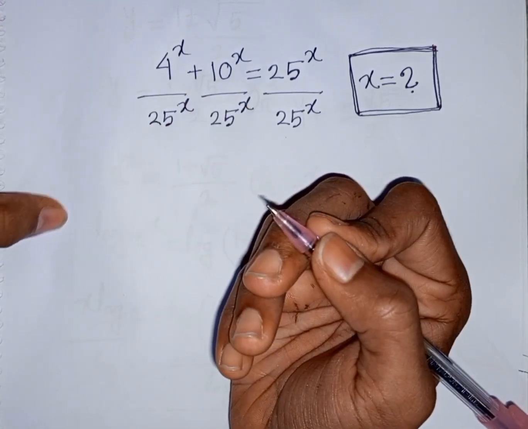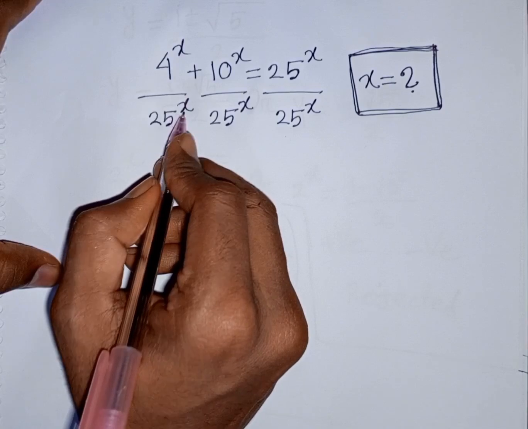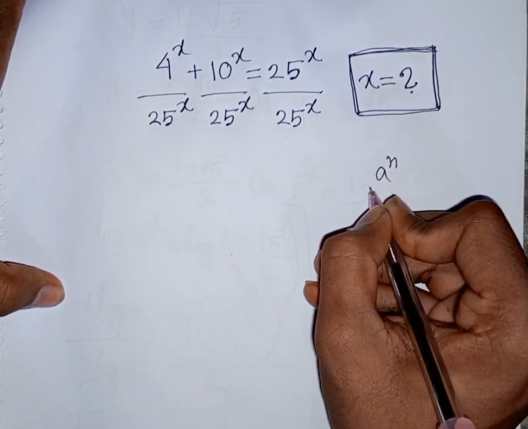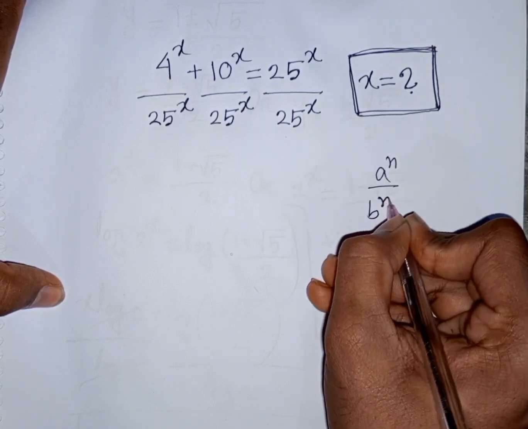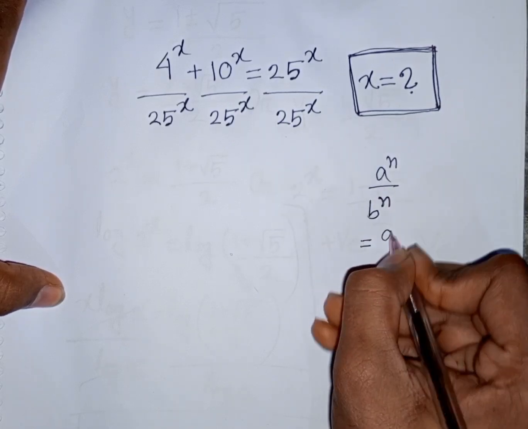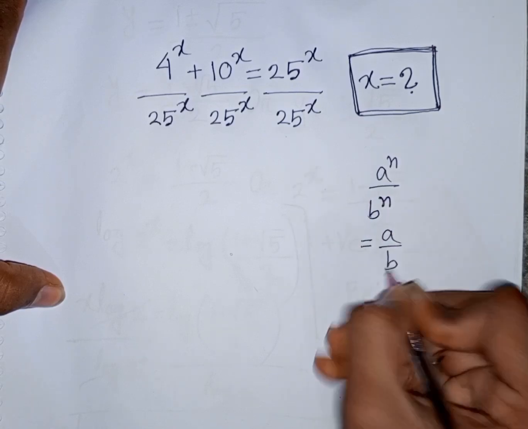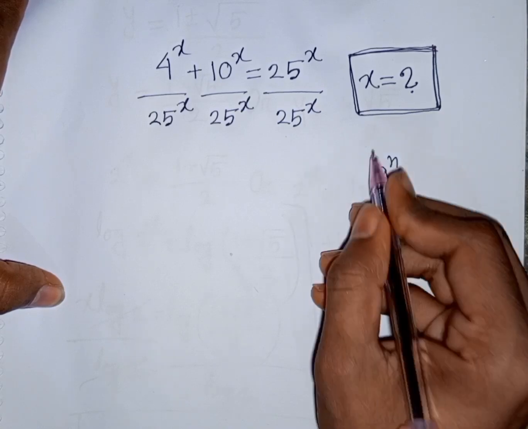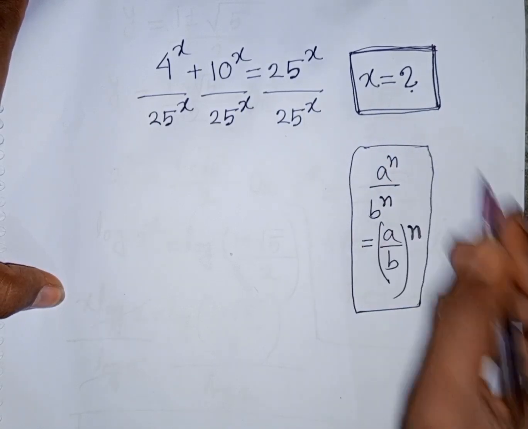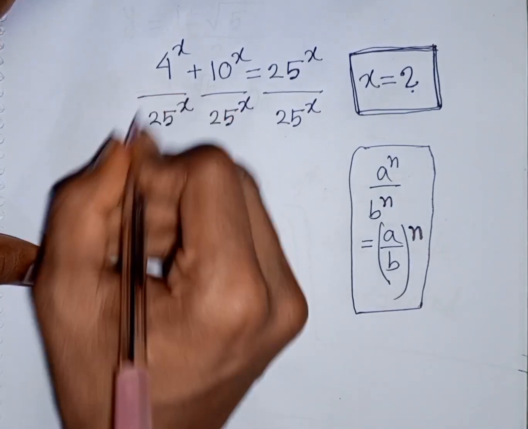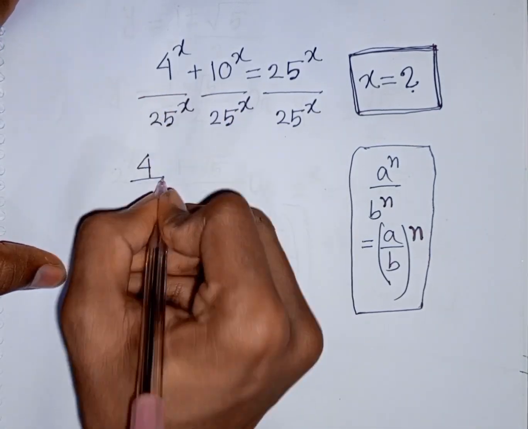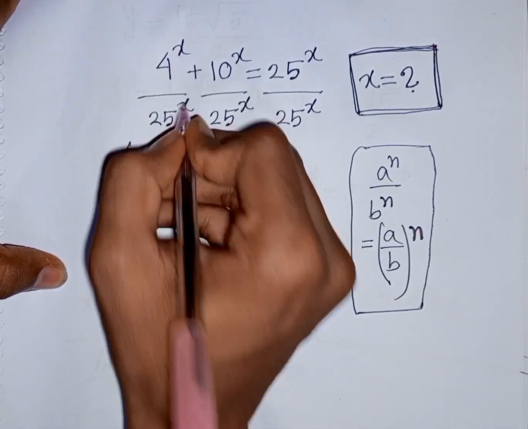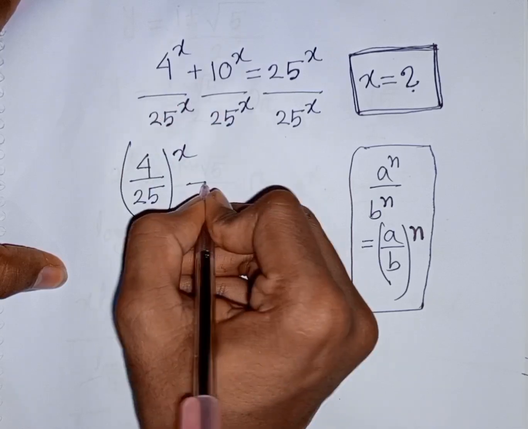Now from here we see x is the same power but with different bases. So remember this exponential rule: a power n over b power n is equal to a over b, the whole bracket to the common power n. So according to this rule, I can write here 4 over 25, bracket common power x, then plus